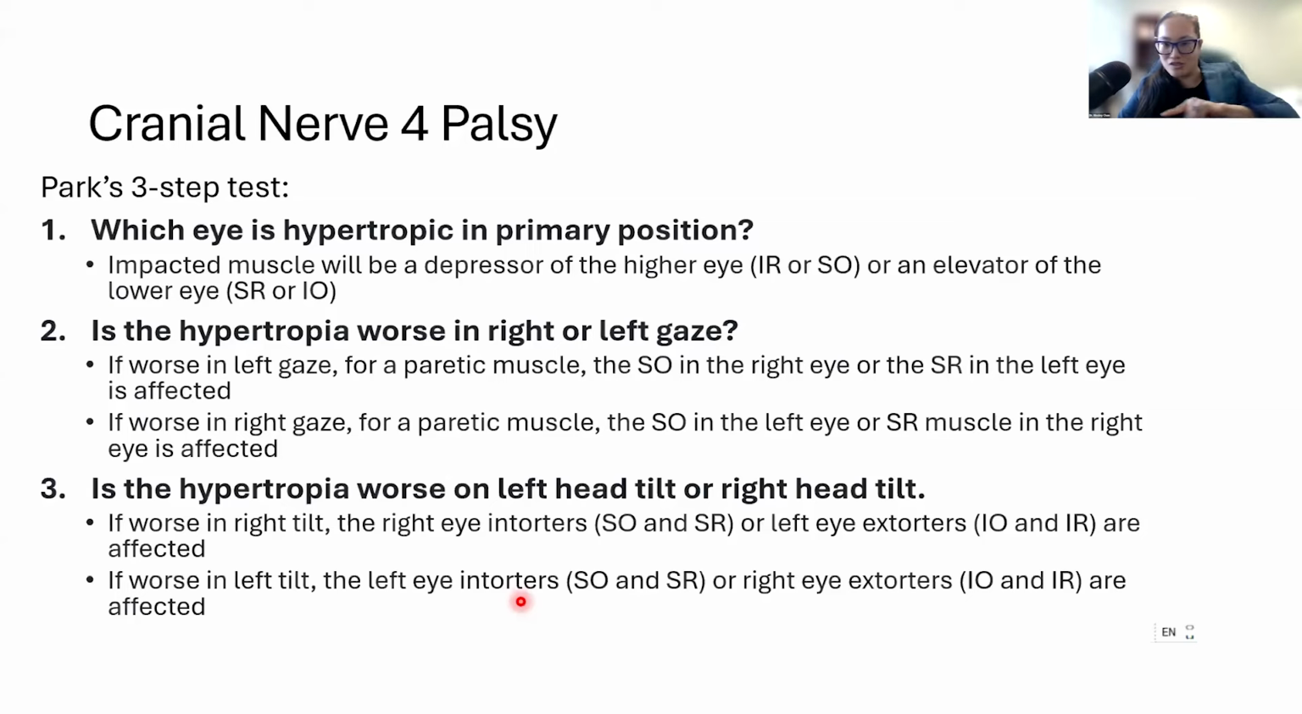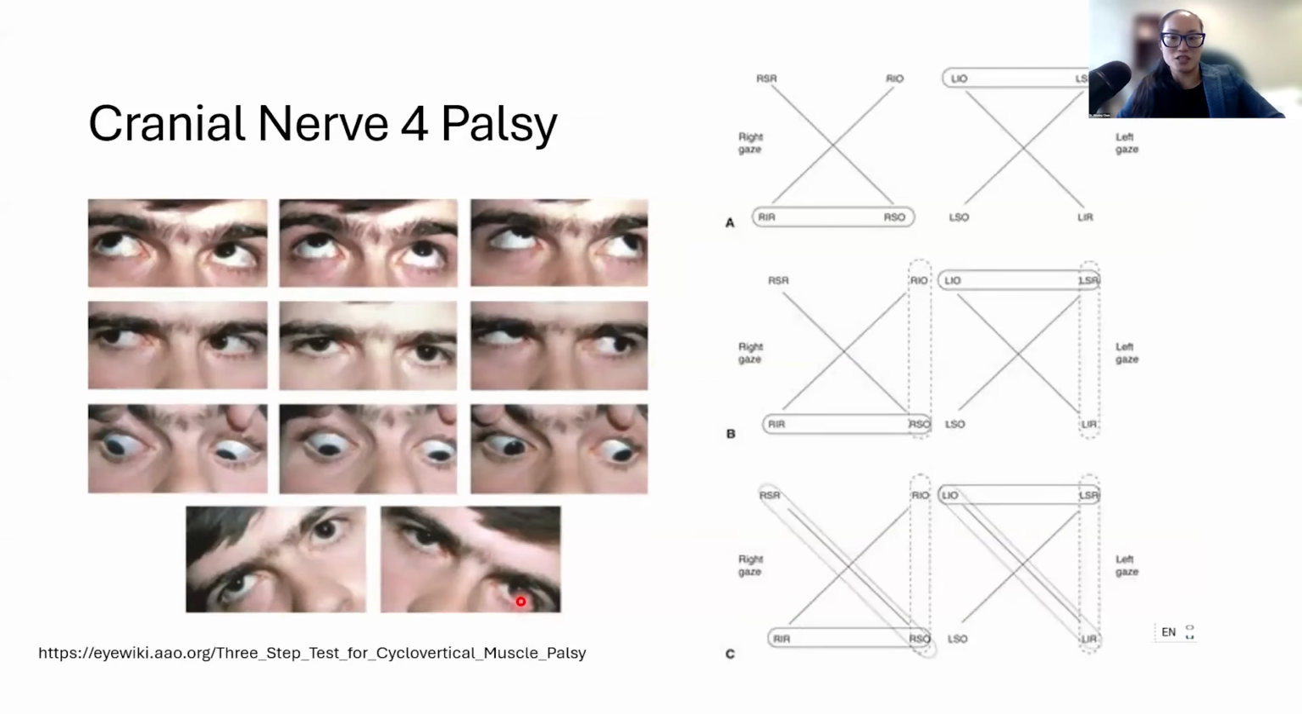So you circle this way. And then if it's worse in left head tilt, it's the left eye intorters or the right eye extorters. So you circle that way. Okay. Ultimately, I think this diagram does a very good job of it. You will end up with the superior oblique, or if you don't, you end up with another muscle that's circled 3 times, but that is how you find out where the problem is when you are dealing with vertical deviations,